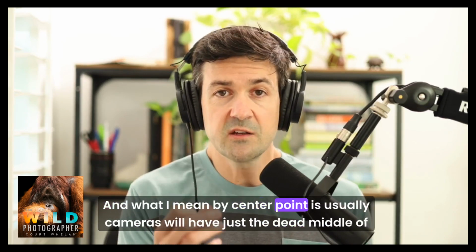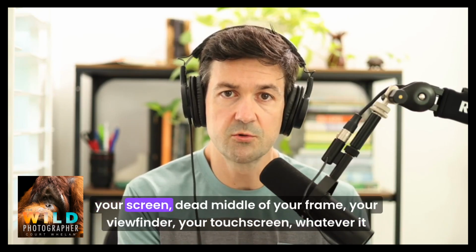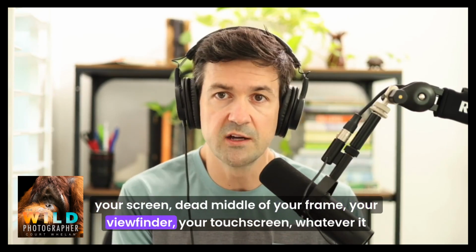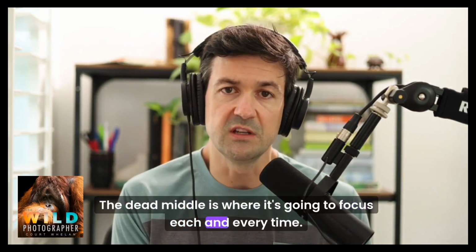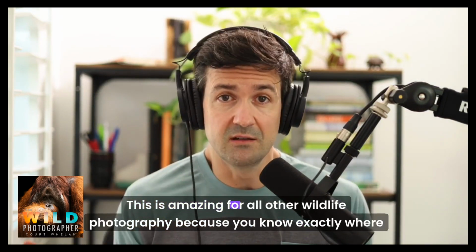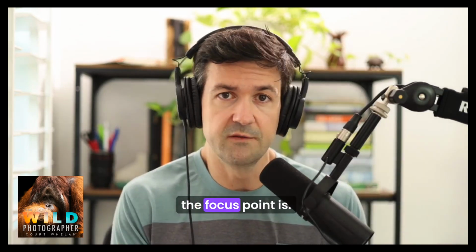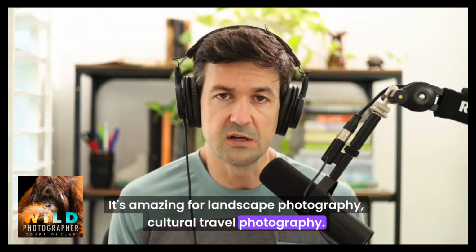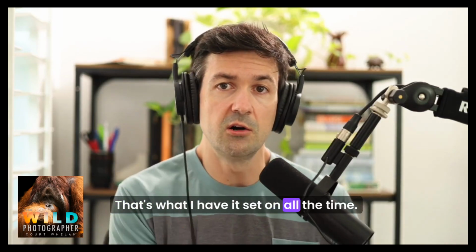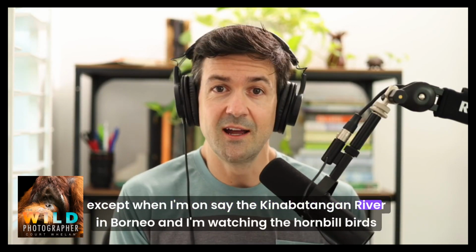And what I mean by center point is usually cameras will have just the dead middle of your screen, dead middle of your frame, your viewfinder, your touch screen, whatever it might be. The dead middle is where it's going to focus each and every time. This is amazing for all other wildlife photography because you know exactly where the focus point is. It's amazing for landscape photography, cultural, travel photography. That's what I have it set on all the time, except when I'm on, say, the Kinabatangan River in Borneo